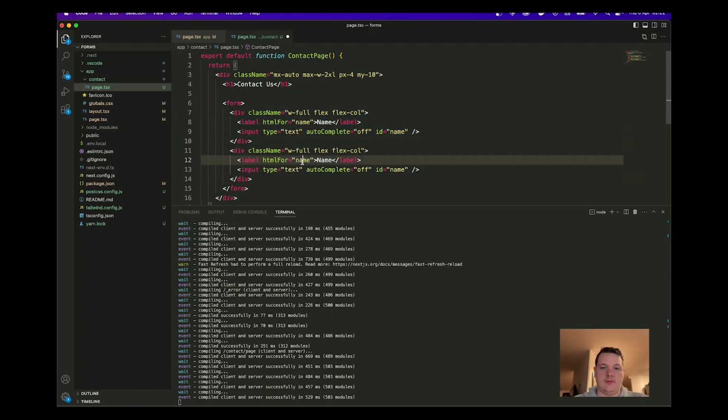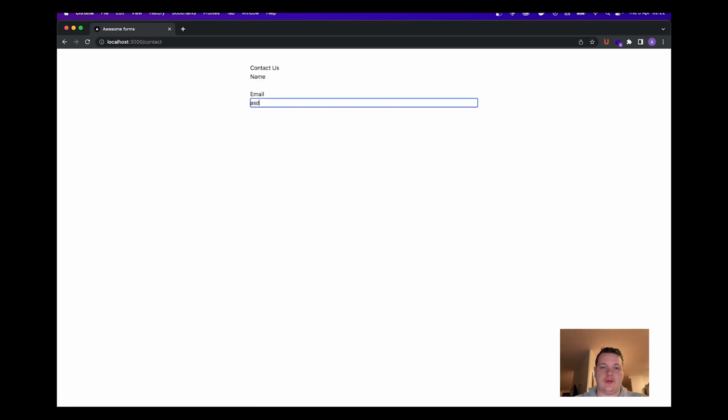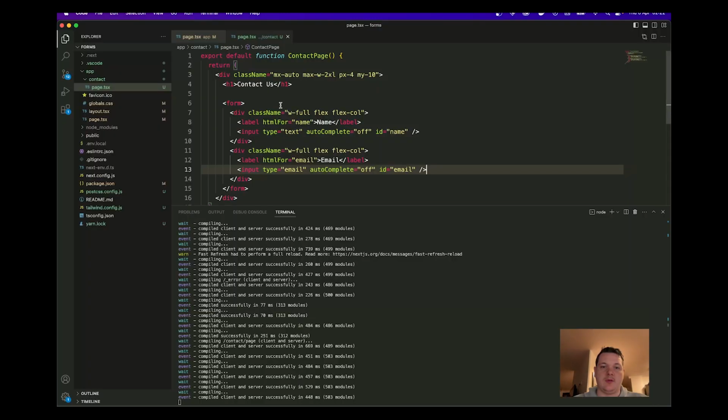Let's do also email. So the type of this, let's make it an email as well. So we get some error messages here if we try and submit the form, that won't work. So name, email, and then let's simply